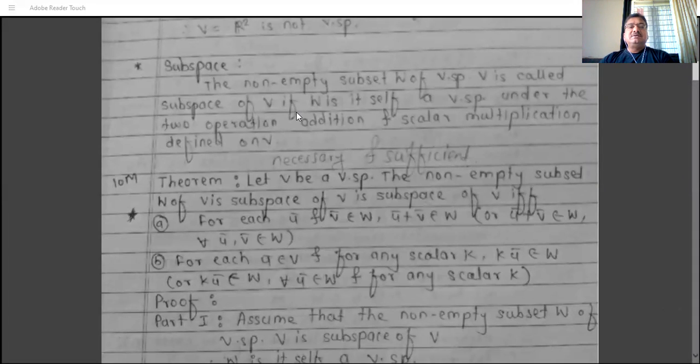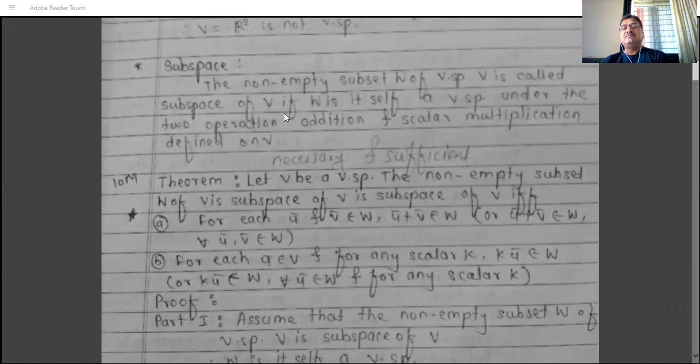Next topic is subspace. A non-empty subset W of a vector space V is called a subspace of V if W is itself a vector space under the two operations, addition and scalar multiplication, defined on V. So when W is a subspace, suppose W is a non-empty subset of the vector space V, and W itself is a vector space, that is